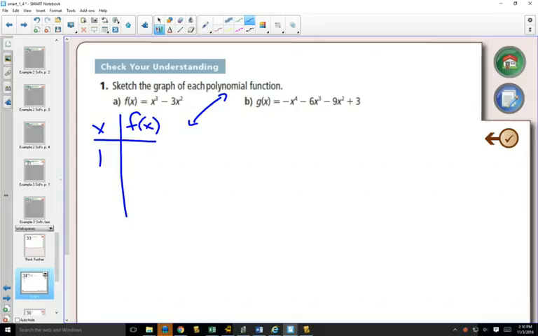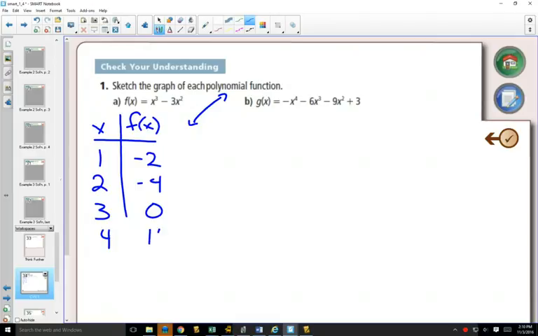1. So if I plug in 1 for x, what's y going to be? 1 minus 3 would be negative 2. Okay? Tell me another number. 2. If I plug in 2, I'm going to get 8 minus 12, negative 4. 3. This will be 27 minus 27, which will be 0. 4. Plug in 4. We're going to get 64 minus 48, which is